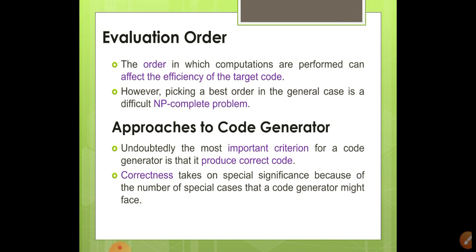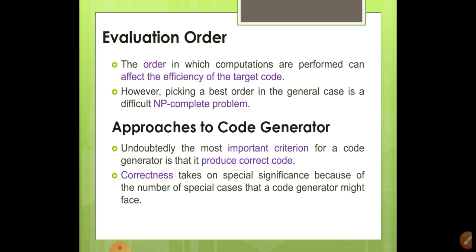Next, finally, we are going to discuss the evaluation order of the program. We can change the evaluation order, that is the execution order, to make our program more efficient, but without changing the meaning. That is evaluation order. You need not execute the program step by step. Sometimes we need to change the execution order to make your program efficient. If changing the order affects the meaning of the program, then don't perform any optimization in your program.